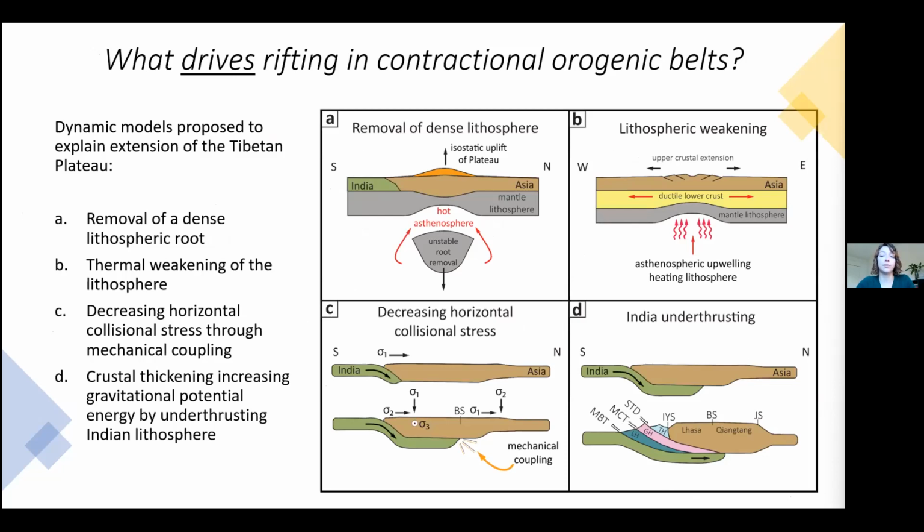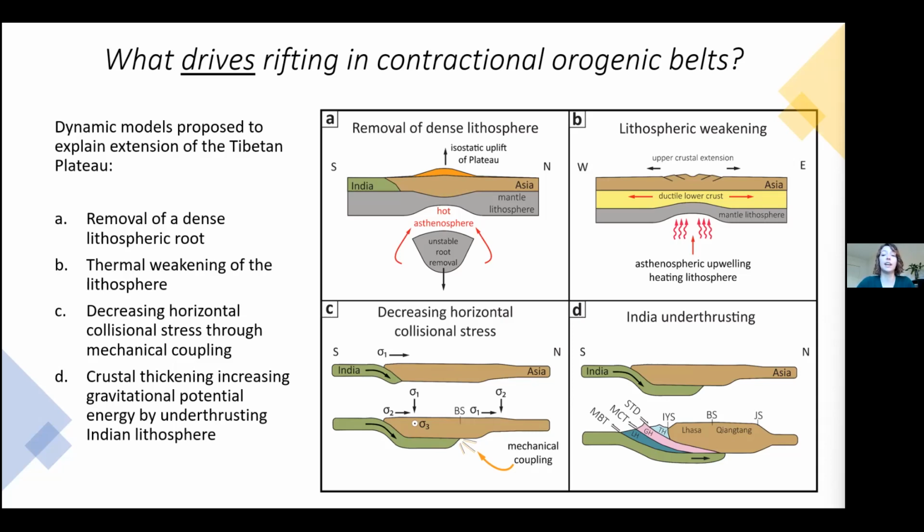Secondly, what drives rifting in contractional orogenic belts? Numerous dynamic models have been proposed to explain extension of the Tibetan Plateau. I've chosen to highlight 4 classic models here: removal of dense lithosphere, lithospheric weakening, decreasing horizontal collisional stress, and India underthrusting. I don't have time to go into the specifics of each of these models, but the important thing to know is that